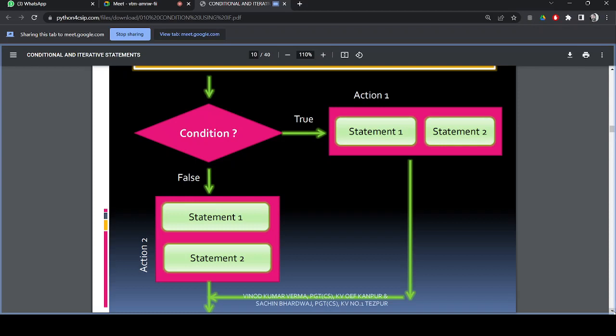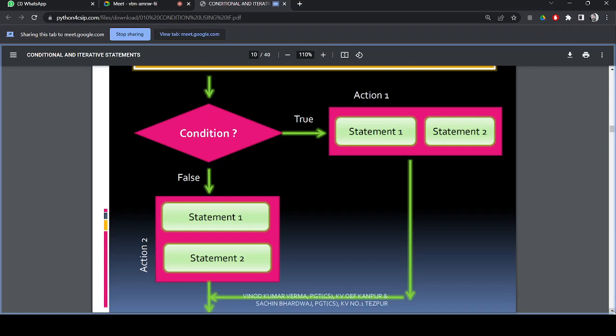If false, do statement 1, statement 2, statement 3, another compound statement. Action 1 and action 2 will be different actions. It will not be the same. Based on a true value some action, based on a false value some other action, and usually action 1 and action 2 will be a compound statement. Such a scenario can be achieved.